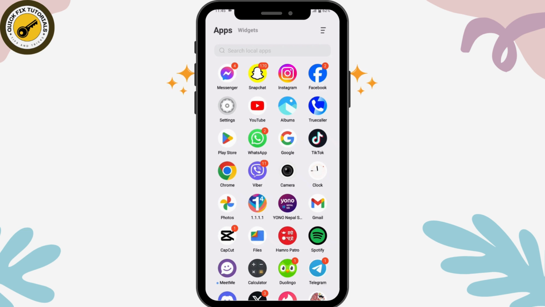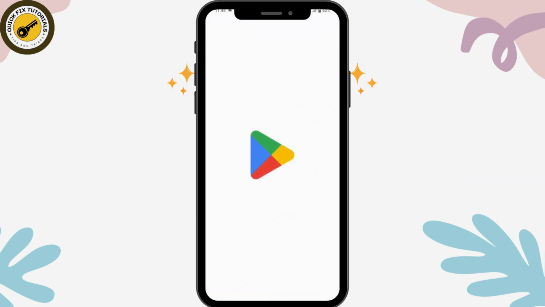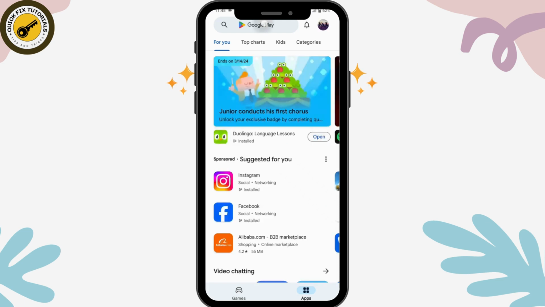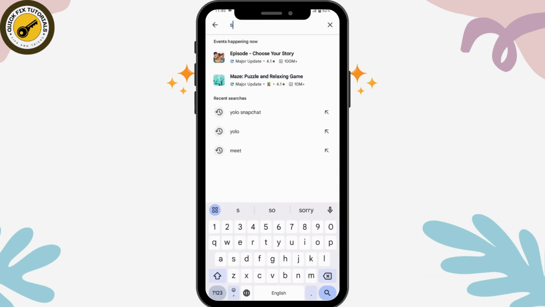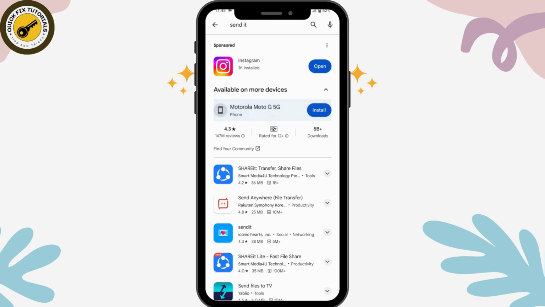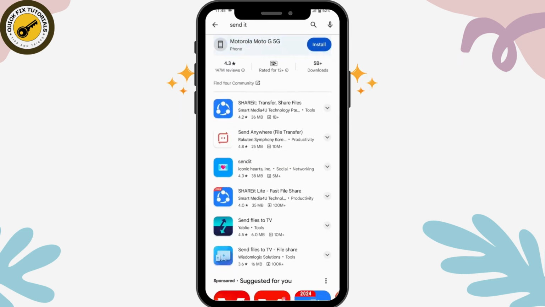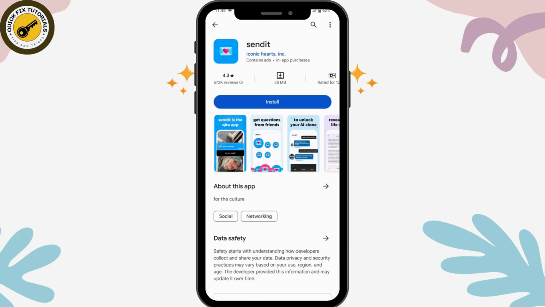And once you've checked your internet connection, you need to open up your Play Store or your App Store and then tap on the search bar and search for Sendit. And once you search for it, here you will have the Sendit application. This is the application. So if you want to get anonymous questions on Snapchat, then you need to simply